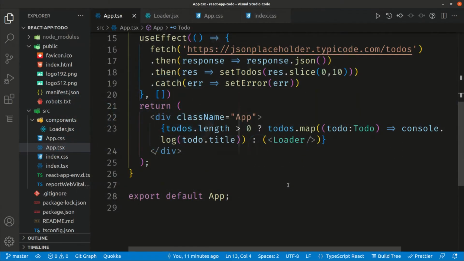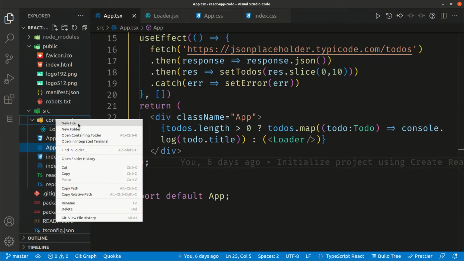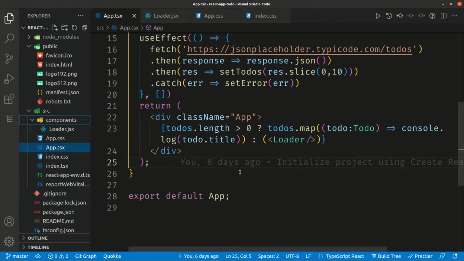So now let's go ahead and create a separate component to handle the to-do logic. Because obviously we don't need just to display the to-do title inside the console log. We need to handle the to-do logic inside a separated component. And in order to do that, we need to create a new to-do